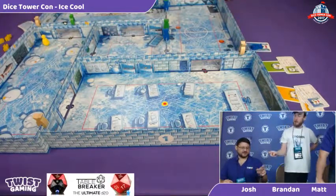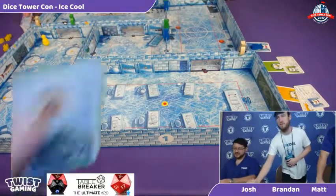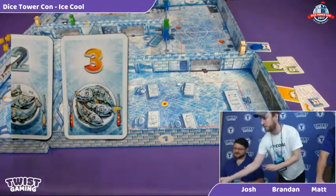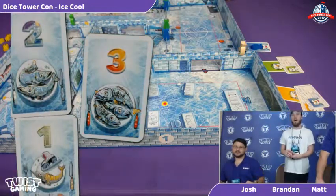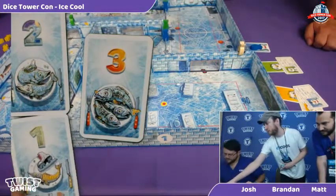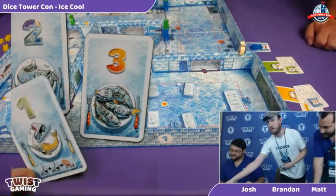Yeah, and you can look at that fish card, and that's important because actually maybe, is this thing still up? Yep, it sure is. Okay, great. So normally you wouldn't show me this, but I just want to show you that there are 3 types of cards here: 1, 2, and 3 points. The 3 and the 2s are just fish, right? But you'll see the 1 also has an ice skate. If you have scored a pair of ice skates previously during the game, and there's the icon right there,